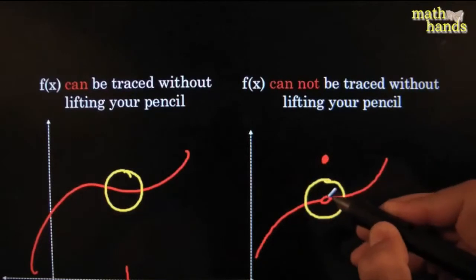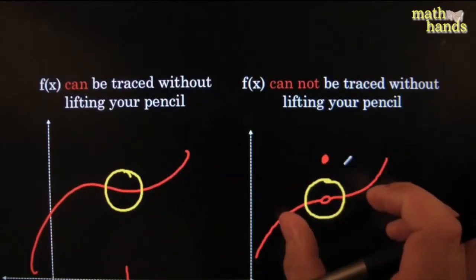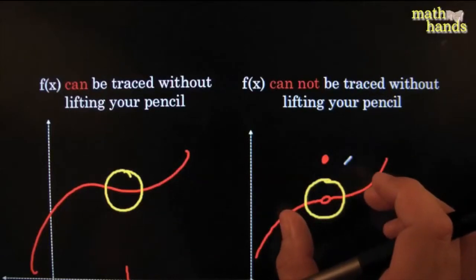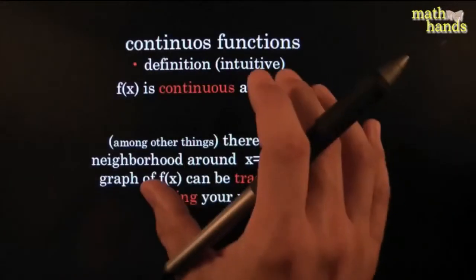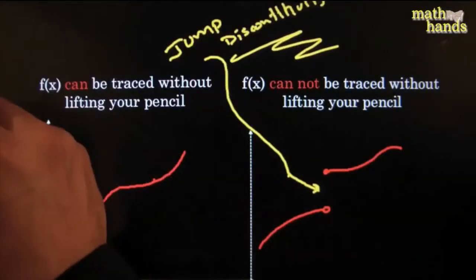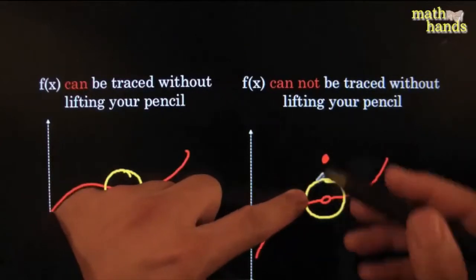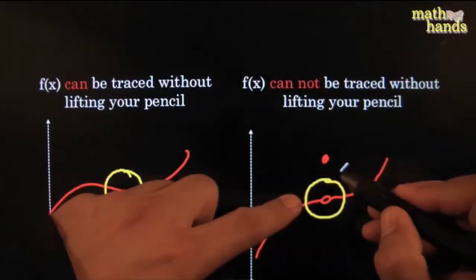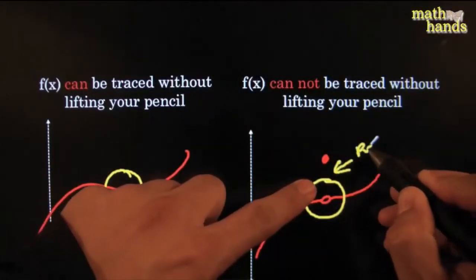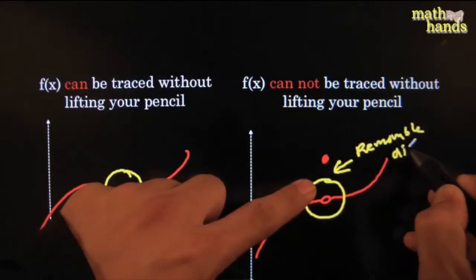The other one could be a little bit less problematic, but now in this case the graph, there's no jump discontinuity. It seems to be fine. If you approach it from the left, from the right, everything's nice. But still, if you were to make a little neighborhood around it, there's no way you can trace it without lifting your pencil, because there's nothing there